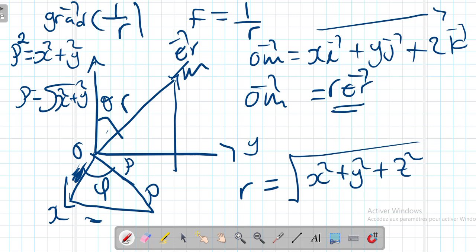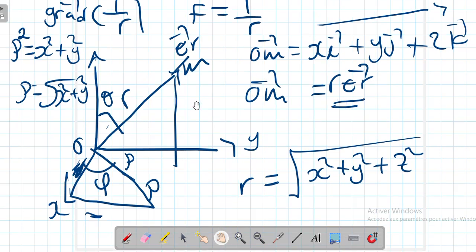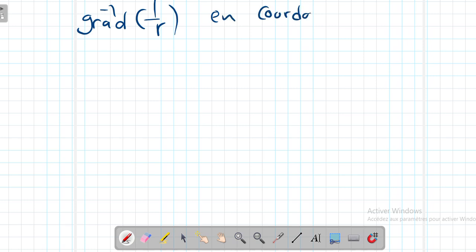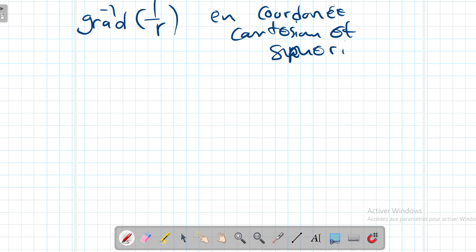Okay, so this is the important information that you need in order to solve this question. They'll just ask you a simple question. They will not give you enough information. Trouver le gradient de 1 sur r en coordonnées cylindriques, cartésiennes et sphériques. Okay, so this exercise is to show you why you have to know how to find the gradient